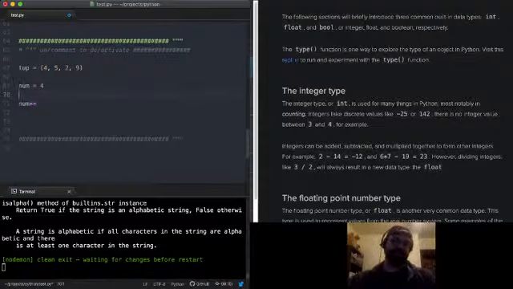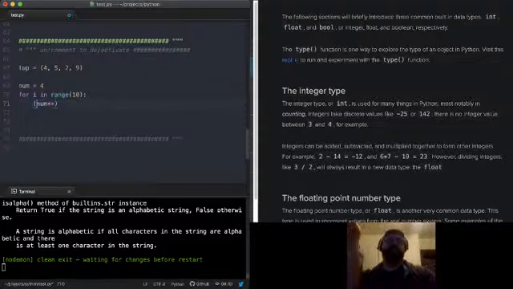For I in range, so I is going to be a number in a range from 0 to 9. I'm doing 10, so we'll get up to 9. And I want to print out the num to the power of whatever one more than the index is. So I don't want to raise num to the 0, 1, 2, 3, etc. Excuse me, I don't want to start it at 0. I want to start it at 1. So I want to do I plus 1. Okay, so num to the I plus 1.